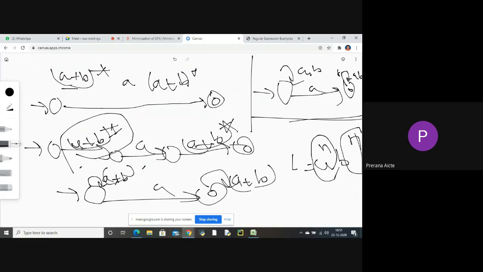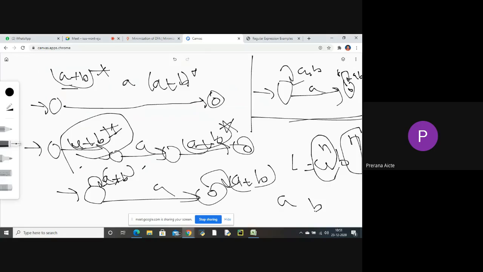We have a comparison here. For every a, we need to check whether there is a sufficient b in the given language. Otherwise,